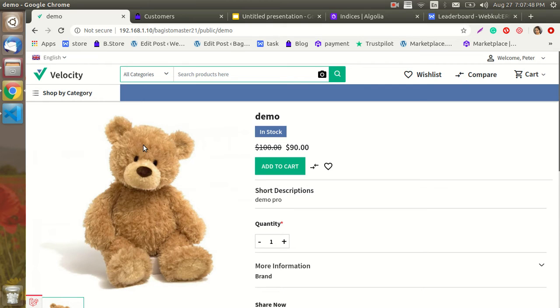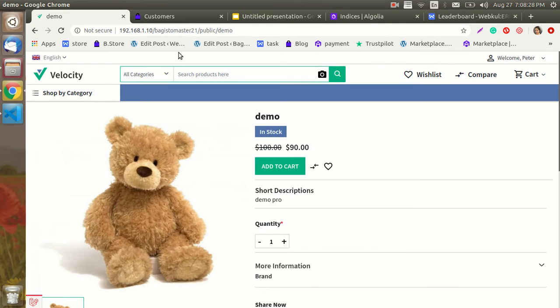Now guys, as you can see, the customer who is in a particular group can see the different price. So guys, this is a very helpful and very important feature where admin can segment the price of the product based on their customer group. They can set the price for a general customer something else. They can set the price for a specific customer group to whom they want to give some discounts or a special price.